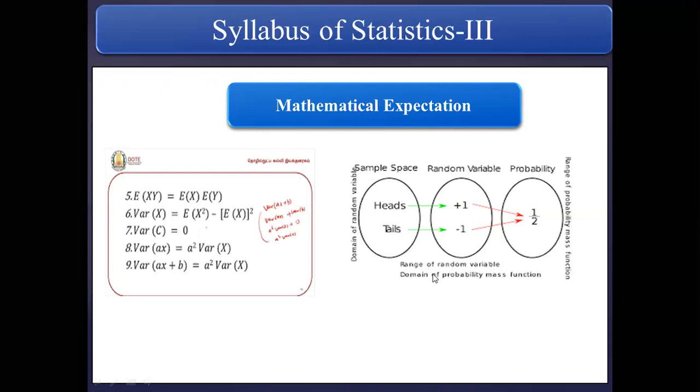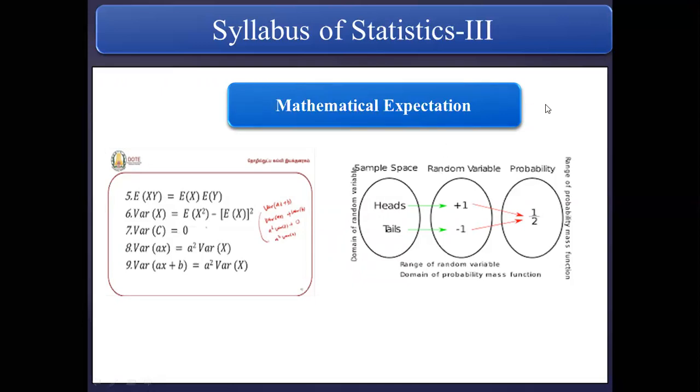Now we know very well because we learned this chapter in semester 2, the probability of head and the probability of tail is 1 upon 2. Now when you multiply each outcome by its probability, and you find the total of these multiplications, then the answer you will get is known as mathematical expectation. Okay, so again it's a very easy chapter.